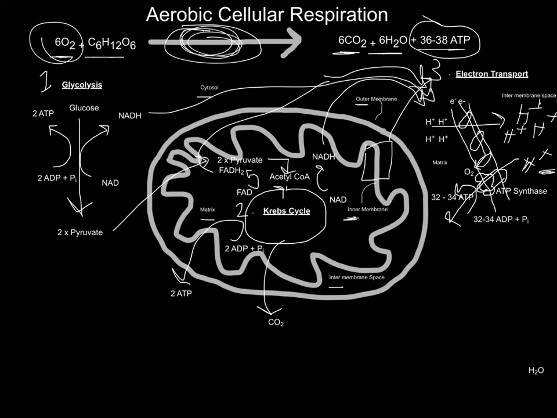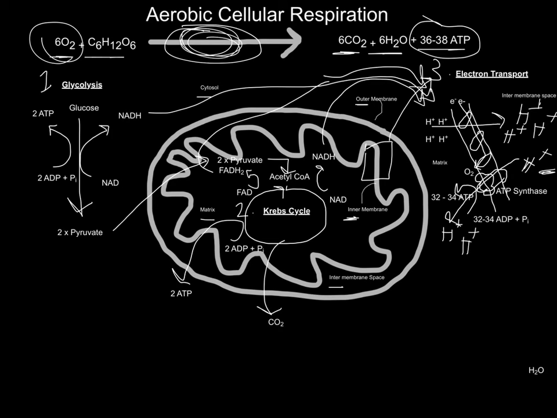That's great. However, as the hydrogen ions enter back into the matrix, they're going to start accumulating. And if we don't get rid of them, they'll accumulate to a level where they can eventually become equal with the concentration in the intermembrane space, and then diffusion won't work and ATP synthase won't work. So what we say we do is we maintain a hydrogen ion concentration gradient. We maintain a high concentration in the intermembrane space and a low concentration in the mitochondrial matrix. And how we're able to do that